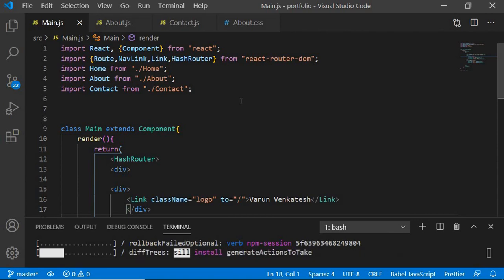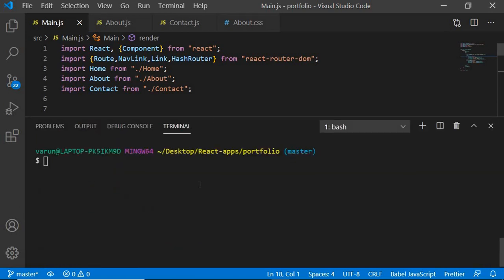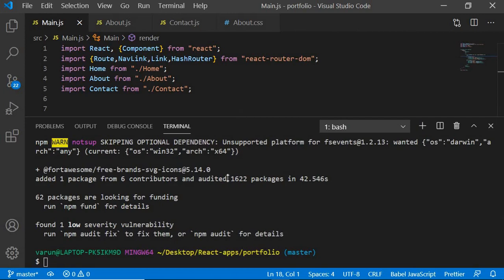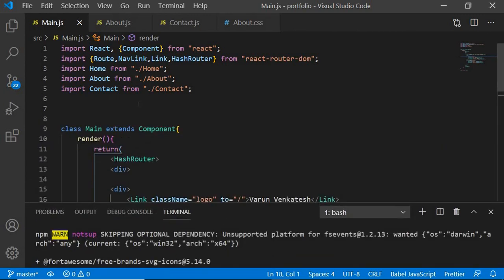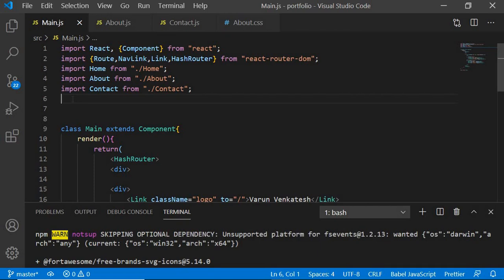Okay, now that it has been installed as well, we can either put it in another component, but we'll just do it from main.js, which will be pretty much simpler. Now let's first import